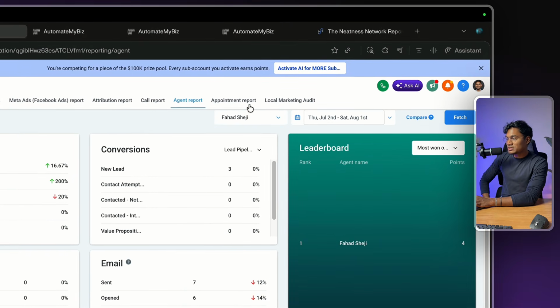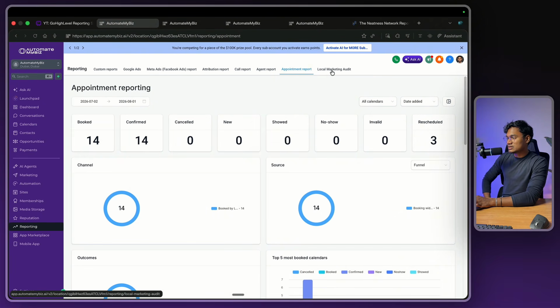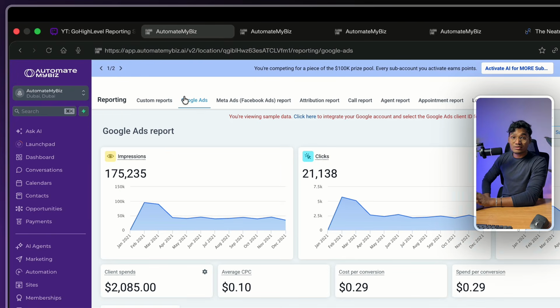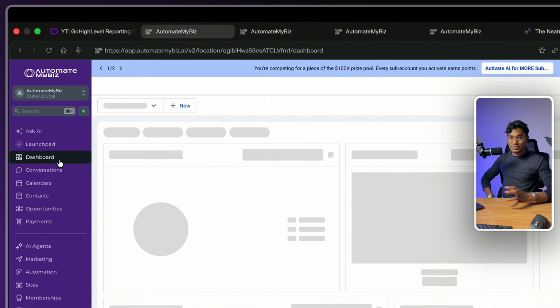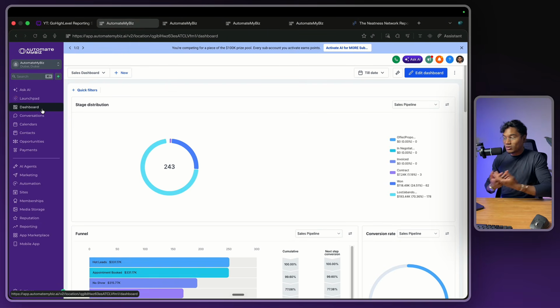Yeah, so the appointment report shows you exactly how many appointments have been booked, what the series of each appointment is, etc. So that is that. But the thing is, I am a guy who never comes in here. Why is that? Dashboard is a culmination, an aggregation of all the reports that you see,